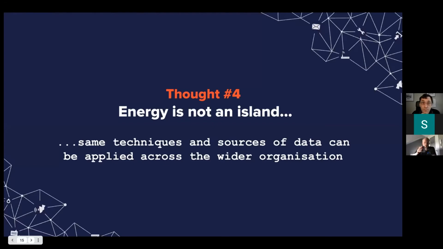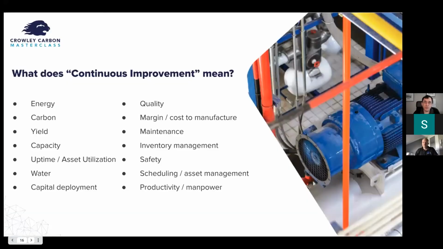Sure. So energy, we really think is not an island. As I said before, once you've got all that data together, you can use many of the same techniques and the same sources of data to apply to the wider organization. If we flip over to the next slide, as I mentioned before, there's multiple different aspects of what we could be looking at. The next slide, though,